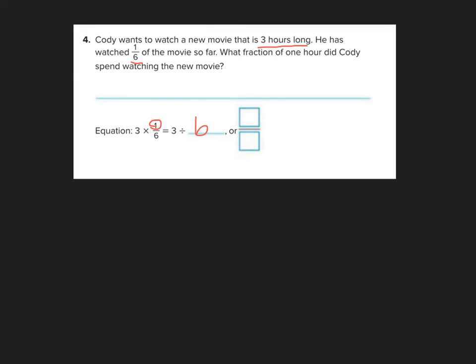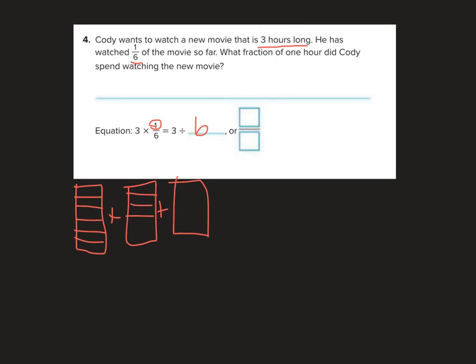Let's look at it. Let's draw a model because it asks us to for the problem. Okay, so I have 3 groups, and I need to divide them into 6 equal pieces. 1, 2, 3, 4. Okay, so there's 6 total pieces. 1, 2, 3, 4, 5, 6. So I need to color in 1/6, 1/6, 1/6. So when I add them all together,